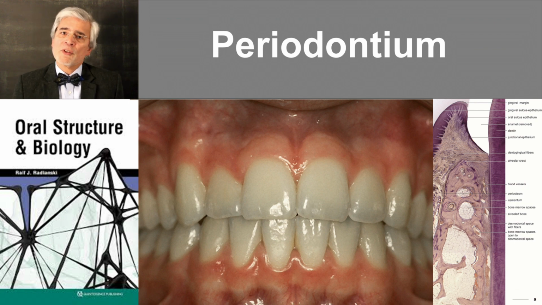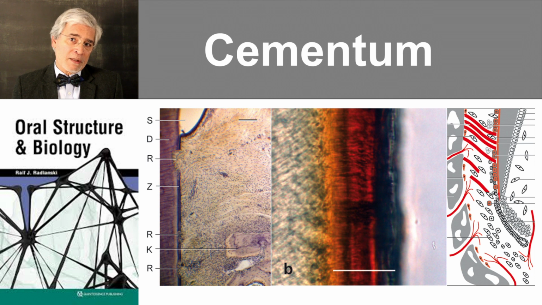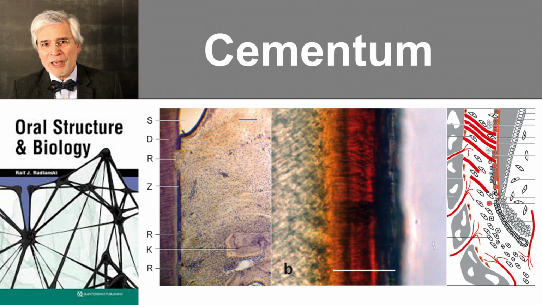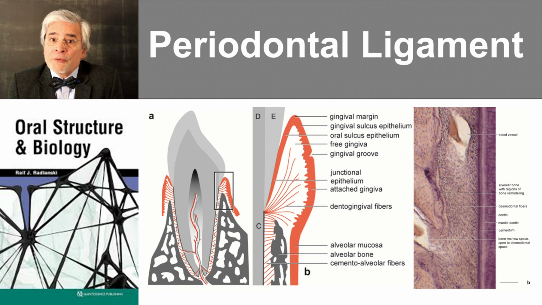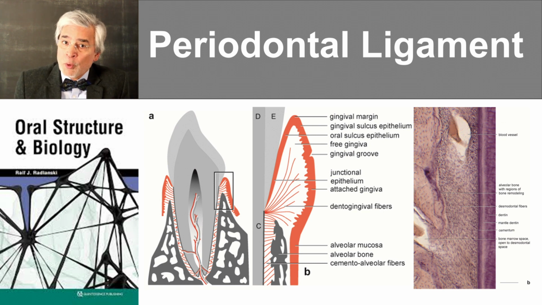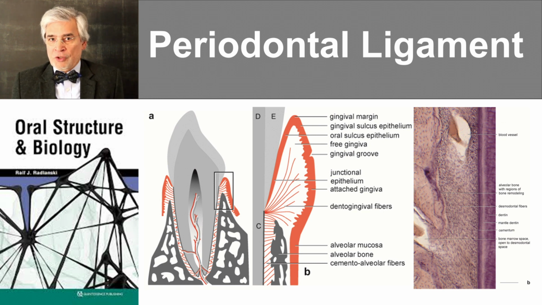The root is covered by a thin layer of cementum, and this is where the fibers radiate in, anchoring the tooth in the bone. Details on this, and also on whether you can tell a person's age from cementum lines, yes or no, in this video. And here they are in detail. The fibers that anchor the teeth in the bone and also attach to the gingiva. Yes, I have dedicated a whole separate video to them,